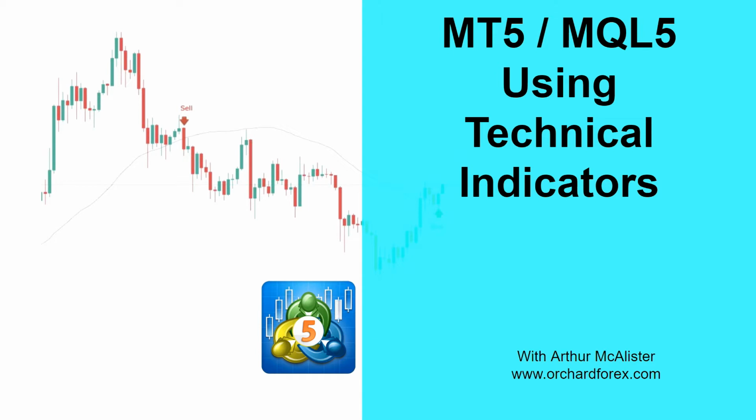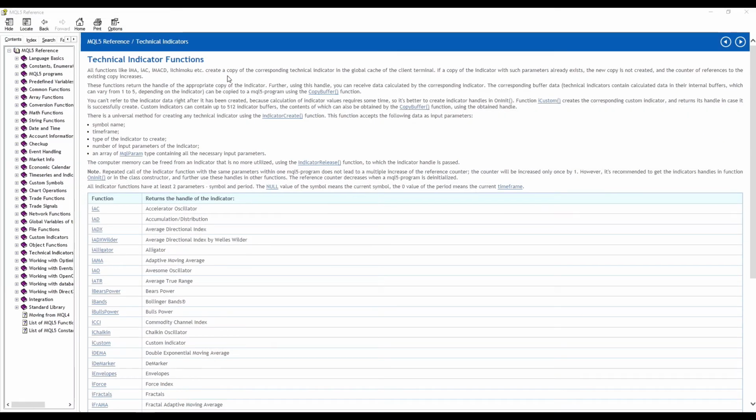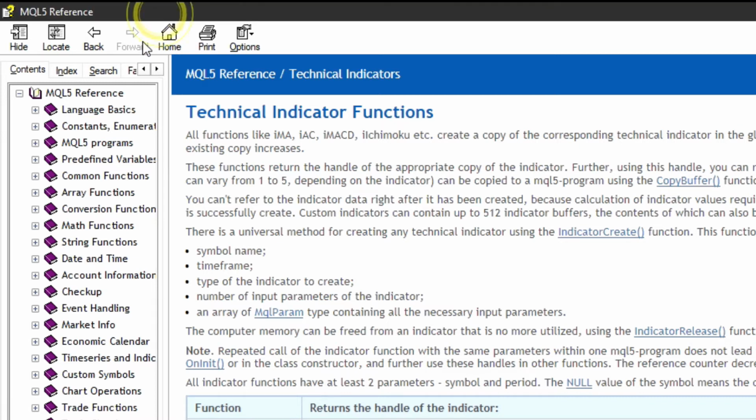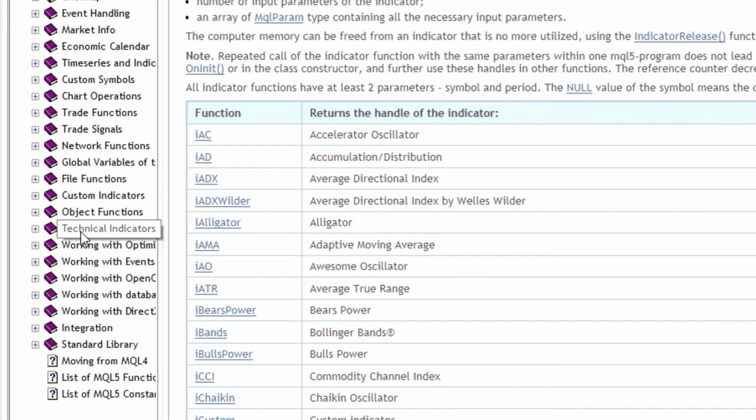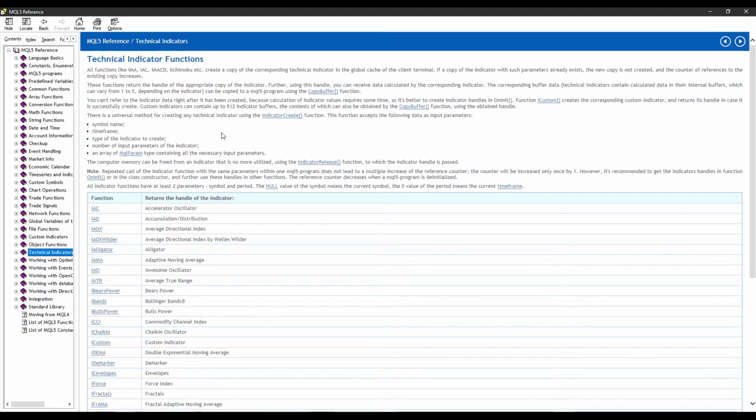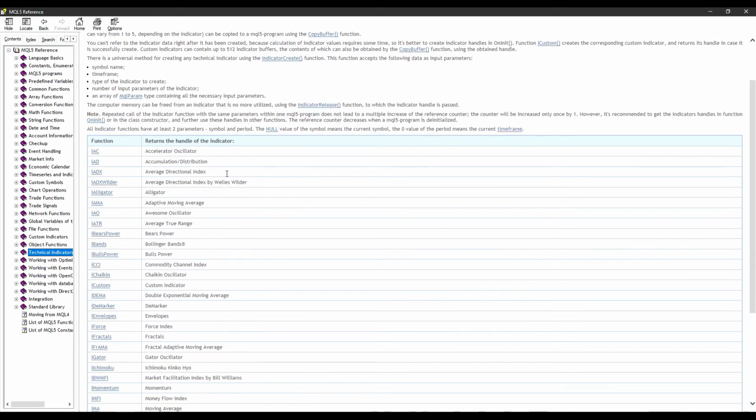They all follow a standard pattern, so in this video I'm going to show some examples of different uses of technical indicators. These are the technical indicators I'm talking about. If you open the MQL5 help file and go to the Contents tab, expand the MQL5 reference, you'll find technical indicators here. They all have a common use pattern, so let's go to the code and show some examples of how to